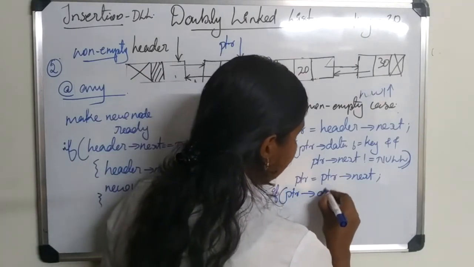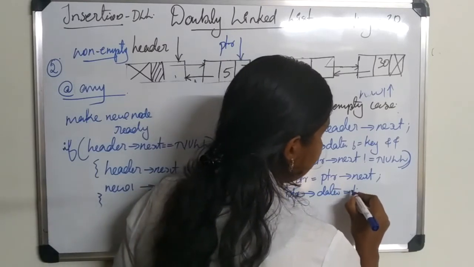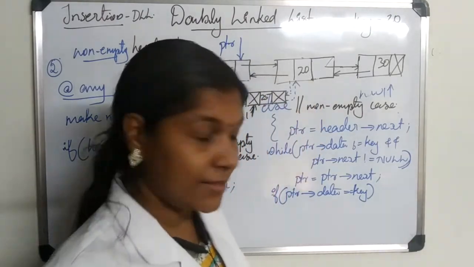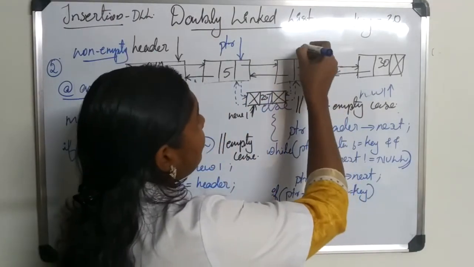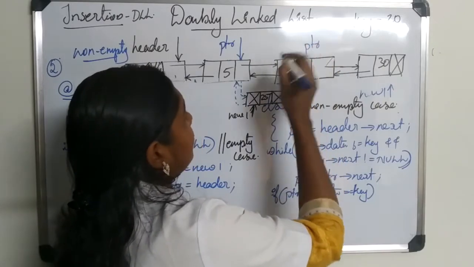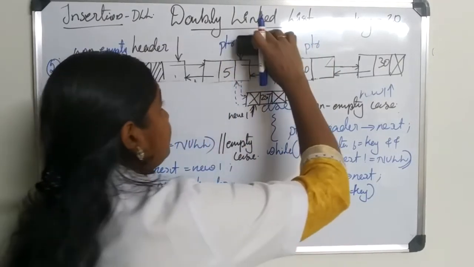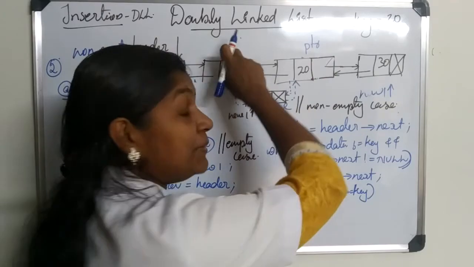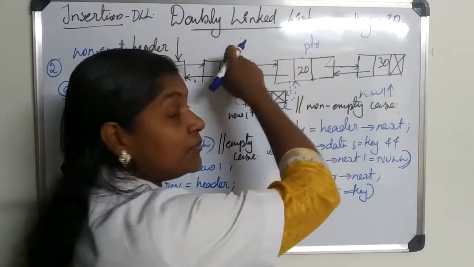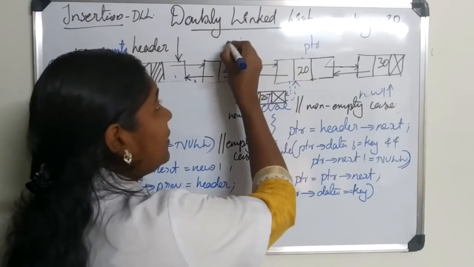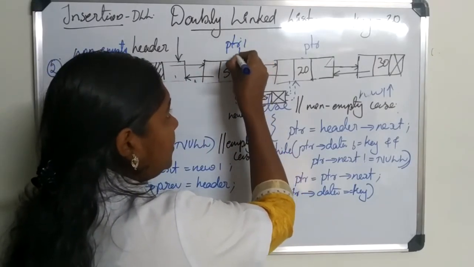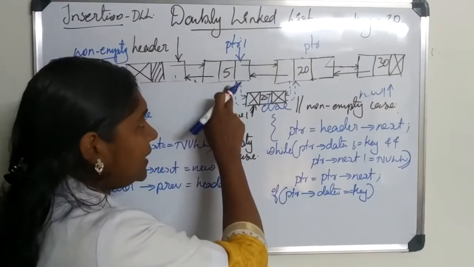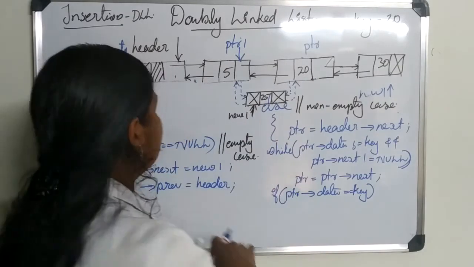So in order to confirm it, again I would check if ptr dot data is equal to key. If it is equal to key, that means we have found the data element, right? So in that case, right now our ptr is here. So what can be done? We need to insert our new node in between ptr and its previous node. So we should give a name to its previous node, right? And how can we make a pointer here, ptr1, point to this node? What is the reference of this node right now? Right now it can be referenced as either header.next or ptr.previous, right?